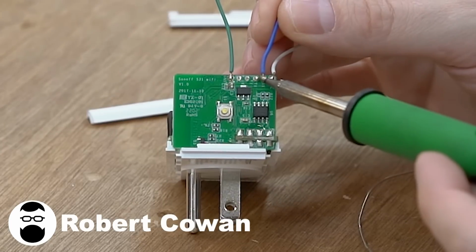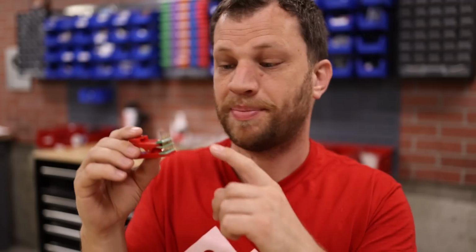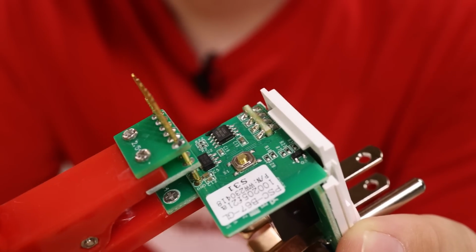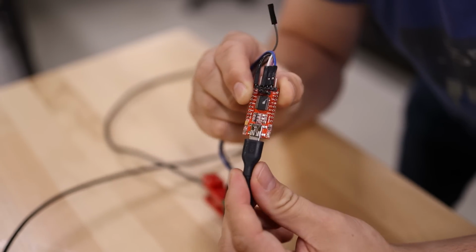A lot of the tutorials on the internet will show people soldering jumper wires directly to these test points. I think that would work fine if you're just doing one of these, but I plan on doing many, and I think I have a much better solution. I picked up this little pogo pin probe clip on DigiKey, and it is perfect for this situation. All I need to do is to clip the pogo pins over the programming pads. From there, I can just connect jumper wires from the probe clip to my programmer. This is so much faster and cleaner than having to solder jumper wires to each board that you need to